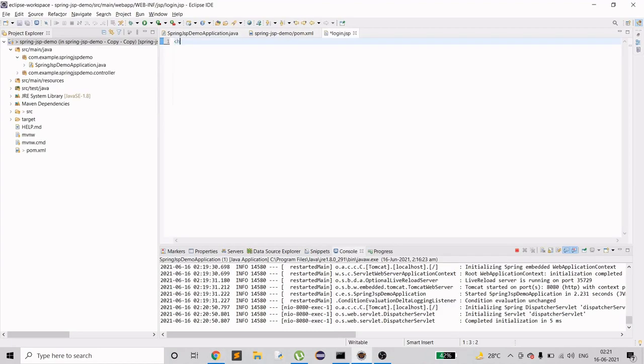So we need an HTML page, so that's why HTML. We need head to display a title and get the dependencies. So title, and let's do login page. Now we need to import or embed the Bootstrap CSS. So we'll do link here,